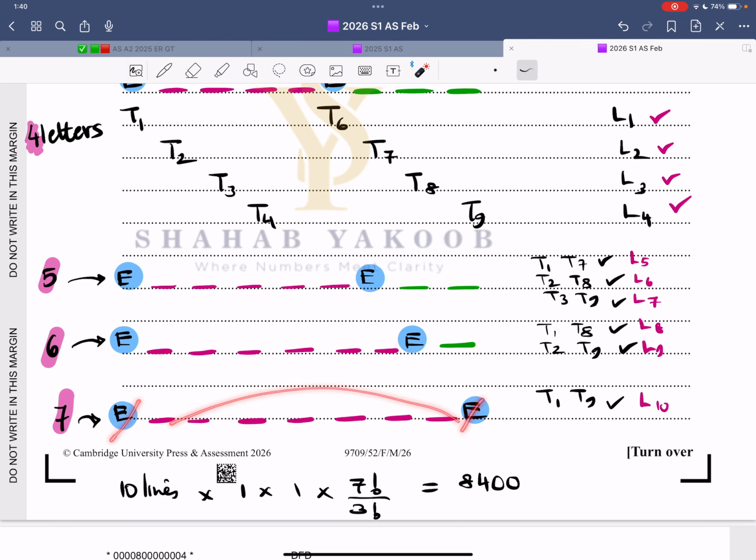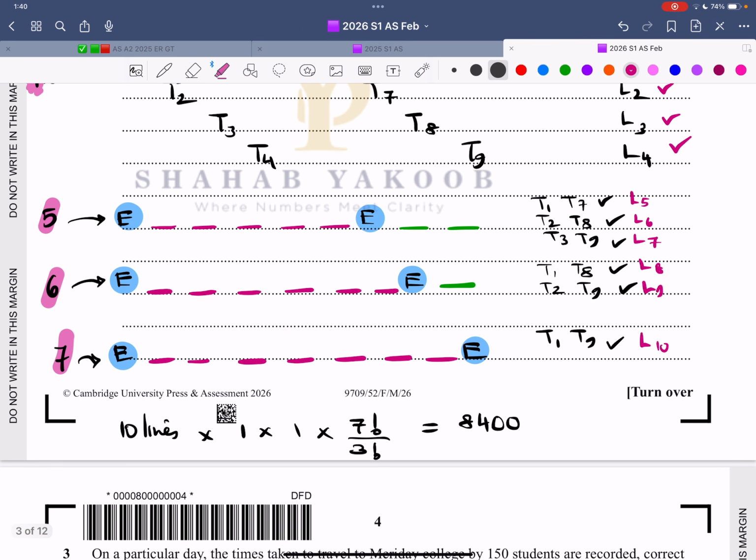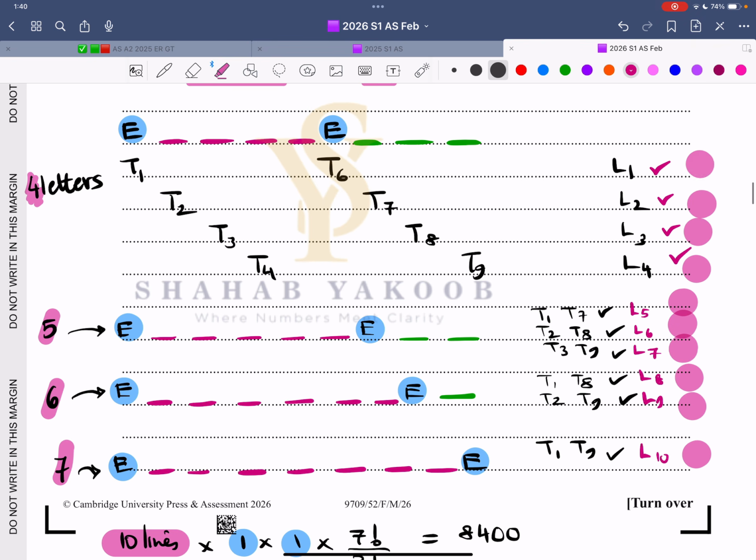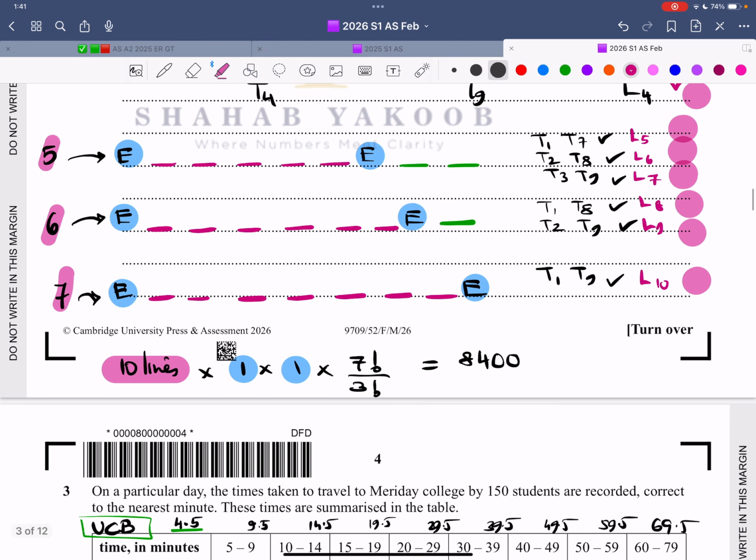There are 7 gaps in between. Now for each of them, when we talk about the ease, there is 1 and 1. There are 10 lines over here that is already taken care of. 1, 2, 3, 4, 5, 6, 7, 8, 9, and there is one more, 10. There are 10 lines because of this.